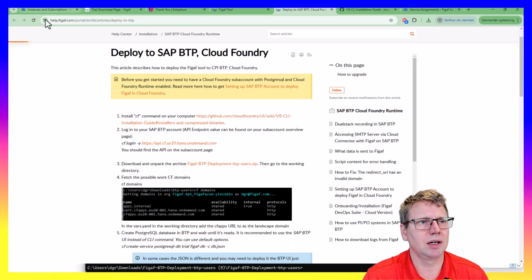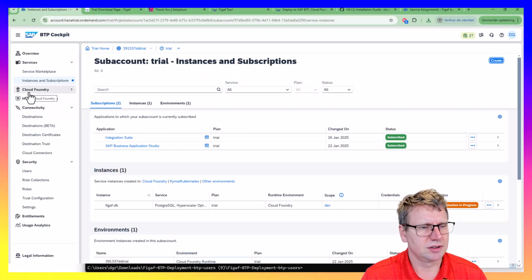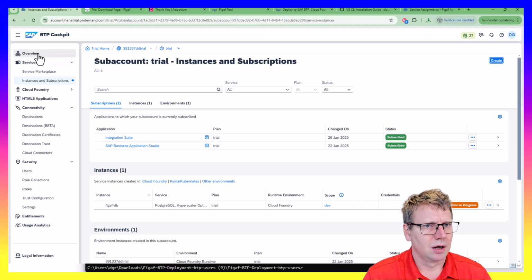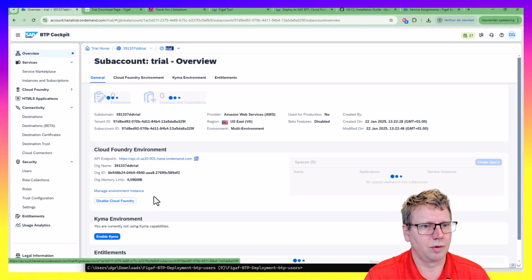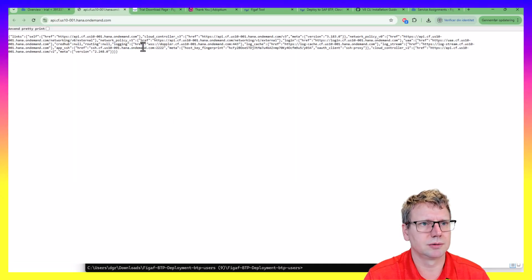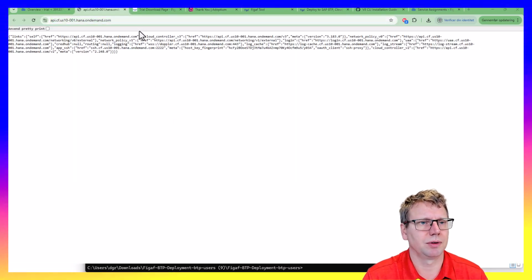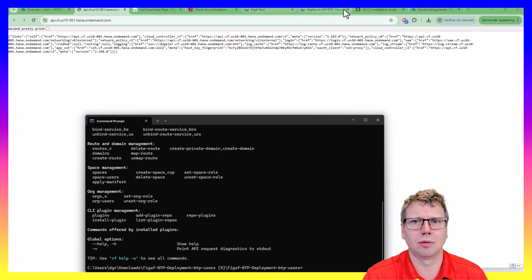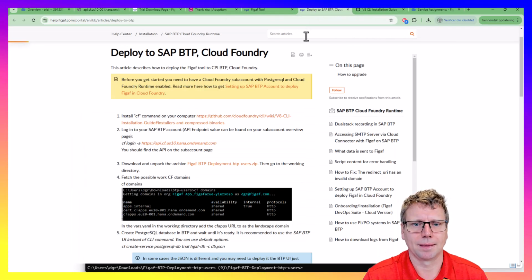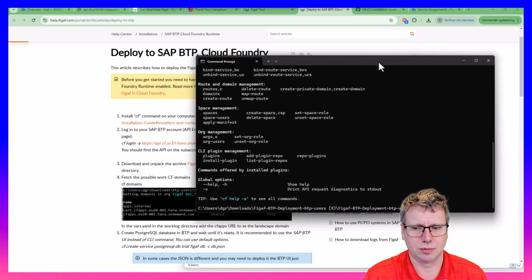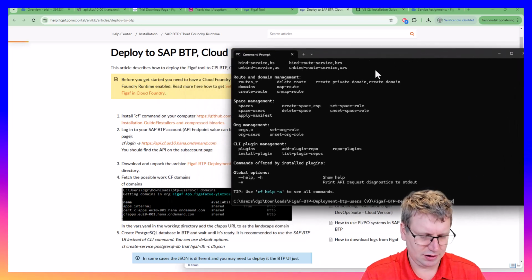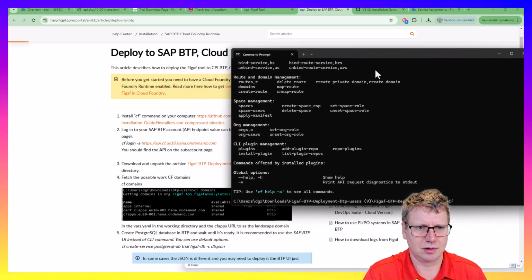And then we would need to go here and run cf login. So we'll go here, CF, here on the overview, here we have the URL. So we copy this one, and we go here. So we'll say cf login,